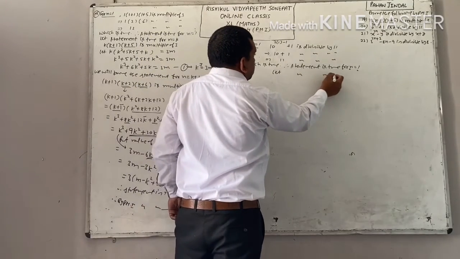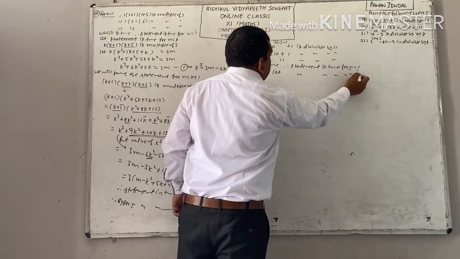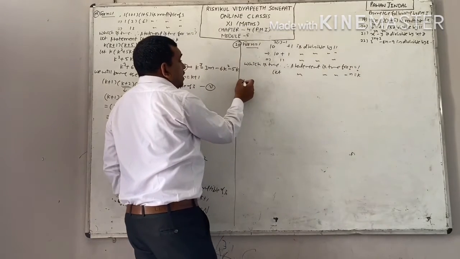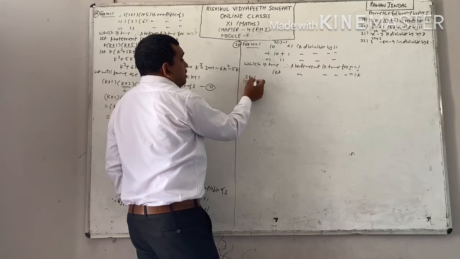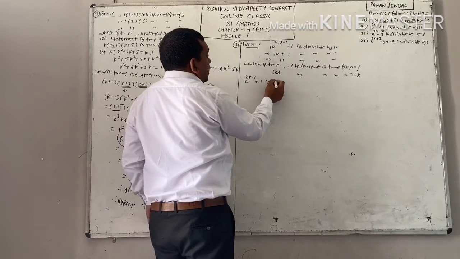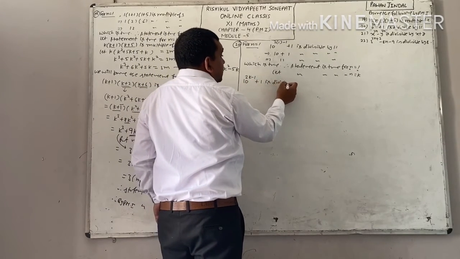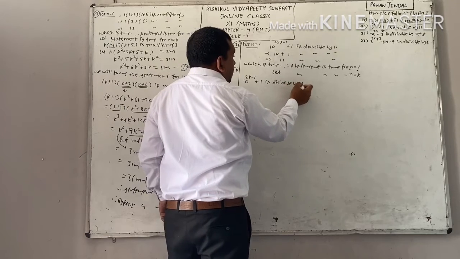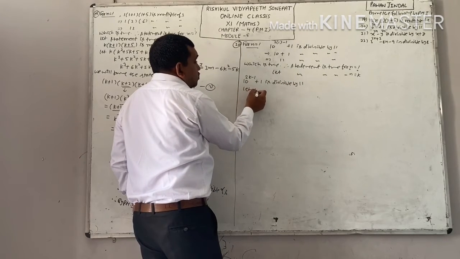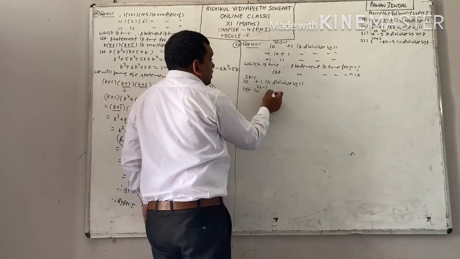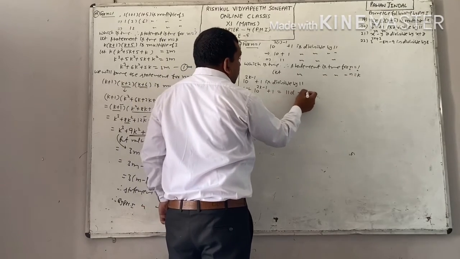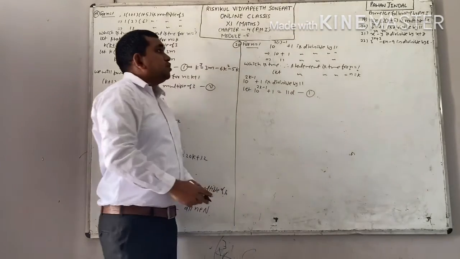Next step, let statement is true for n equal to k. Put n equal to k. See what you get. 10 raised to power 2k minus 1 plus 1 is divisible by 11. Since it is divisible by 11, let 10 raised to power 2k minus 1 plus 1 equal to 11d, or you can say 11m as it is. Say this equation number 1.